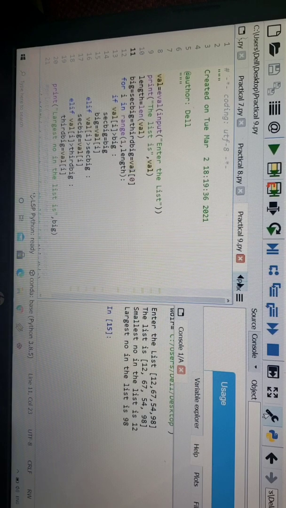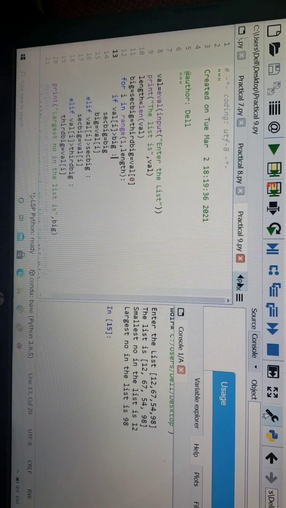I hope you all are aware of backward indexing and forward indexing in a list. So for that purpose I took all these three variables equal to the value at index 0. Then using the loop, for i in range 1 comma length. If the length is 4, then our loop will start from 1 and it will run till 3.